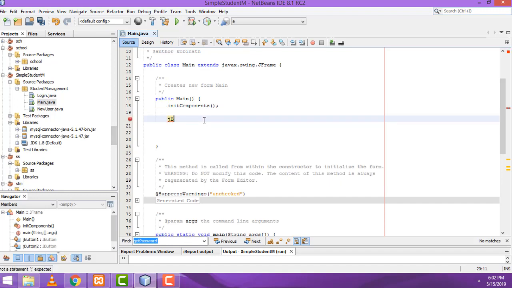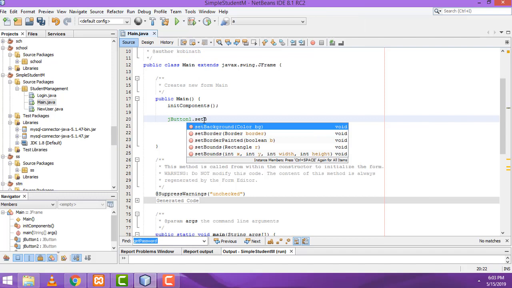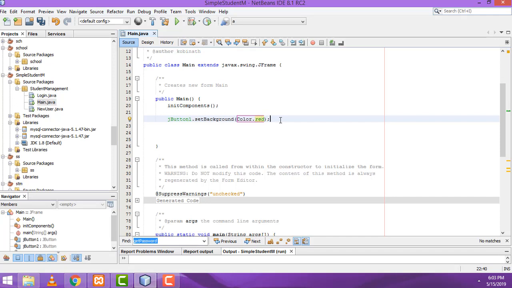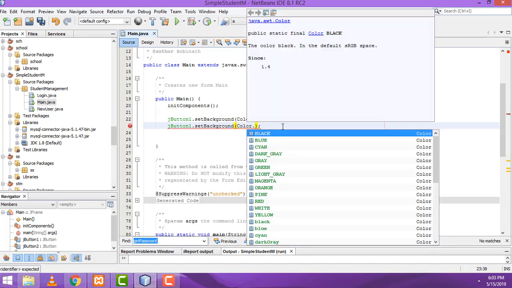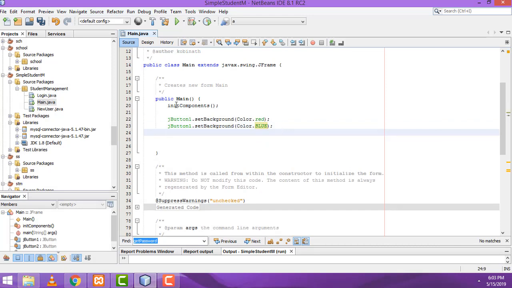jButton1.setBackground. Here write red. The first one should be red. The second one I am going to change to blue. The third one I am going to change to, Ctrl+C to copy, Ctrl+V to paste, 2. This one is 3. This one I am going to change to